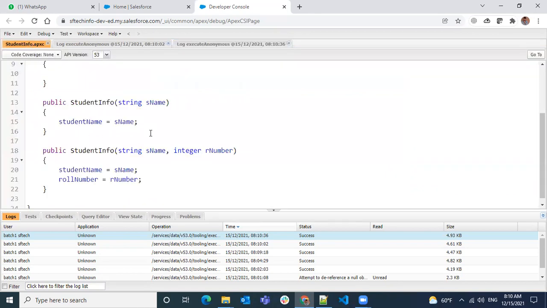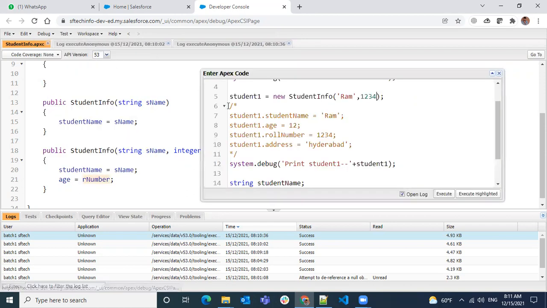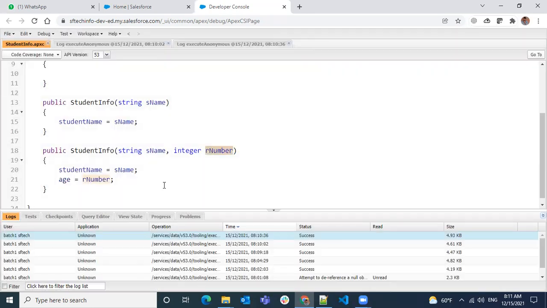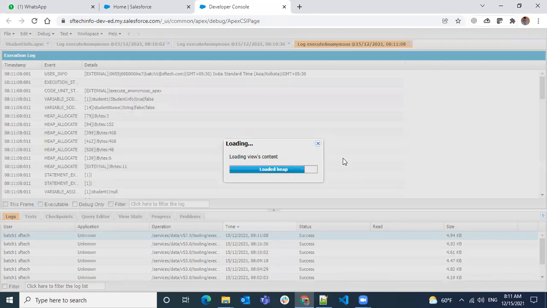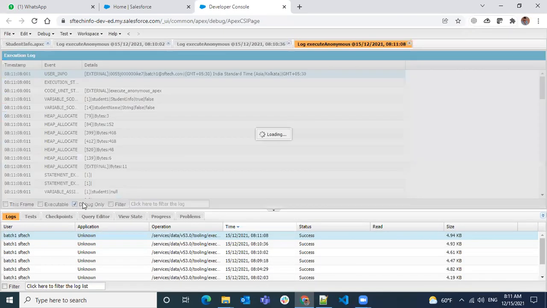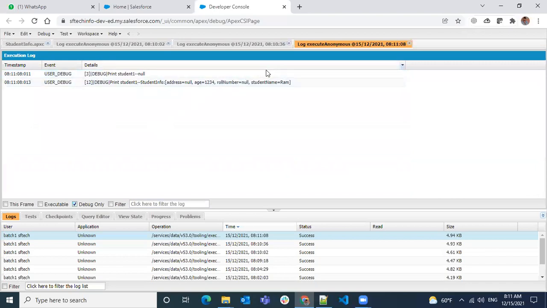In case, by mistake, you try to assign this roll number to age, what will happen? Even though your intention is to pass a roll number, you're assigning it to age. It will assign to the age only. Why? Because it is not the programming fault. It's your fault that you're doing the assignment wrongly. Now see the value, the roll number is assigned